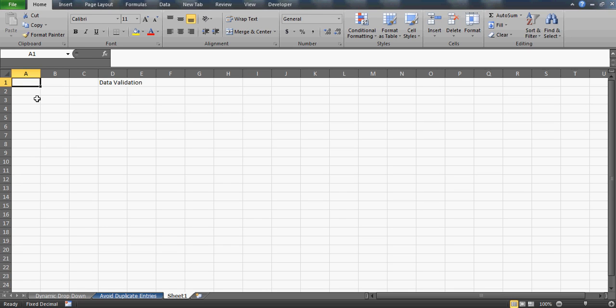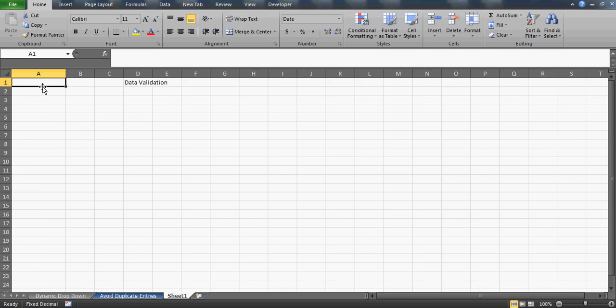So let's say you want to put a constraint that the user should not be able to write any date which comes before, let's say, the year 2015, right? Which means that if he's writing a date which is before 1st January 2015, he should not be able to do that, right? You can definitely achieve this, and we have data validation which we can use.